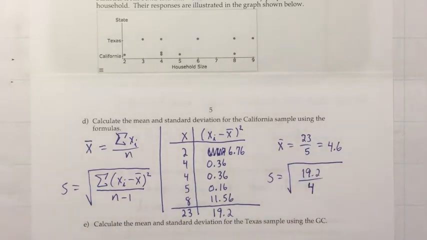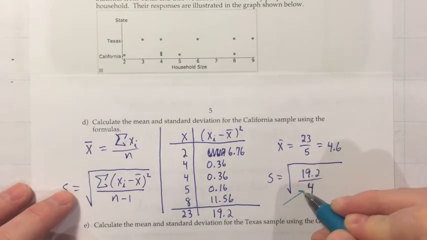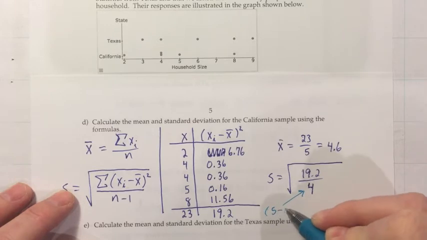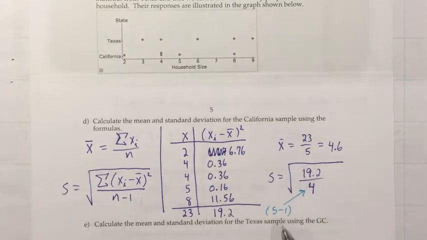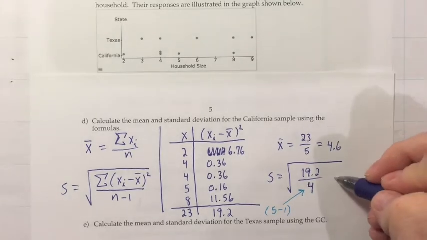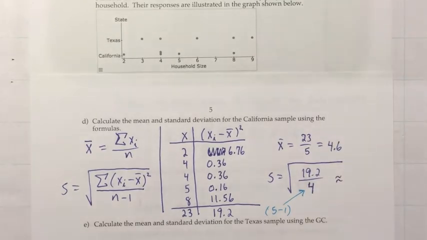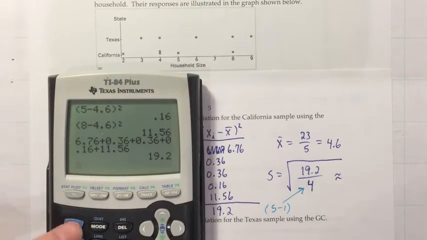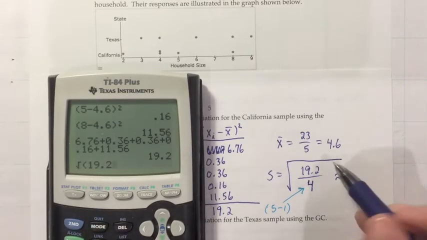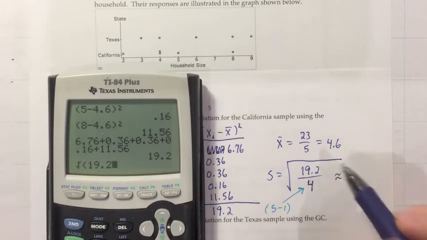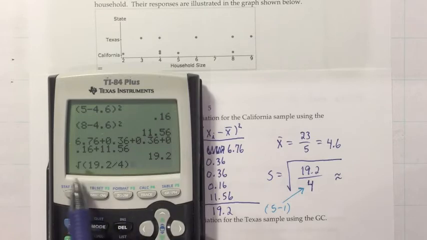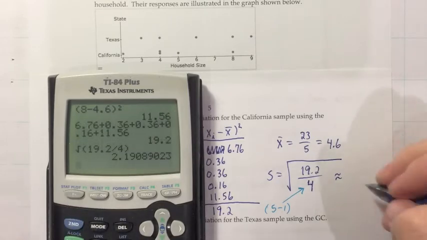I don't want to really write 5 minus 1 because I would need extra parentheses in the calculator to do that, but that came from doing 5 minus 1, the sample size minus 1. And then I'm going to go ahead and enter this into the calculator and get the value of S. So I would do the square root of 19.2. Don't end the parentheses because then you would only take the square root of the top. So divided by 4 and then end your parentheses so it does the division first and the square root of that whole answer. And we get